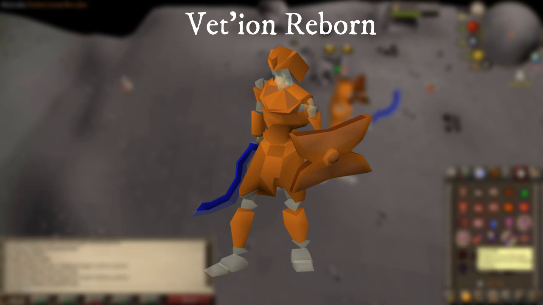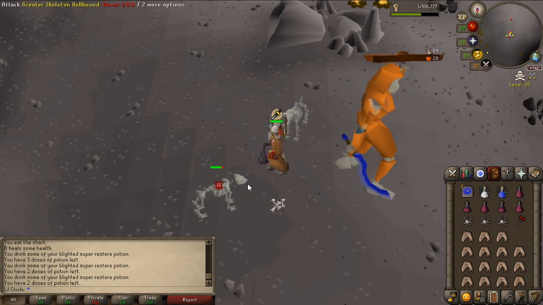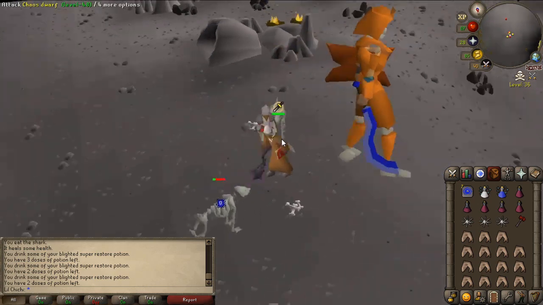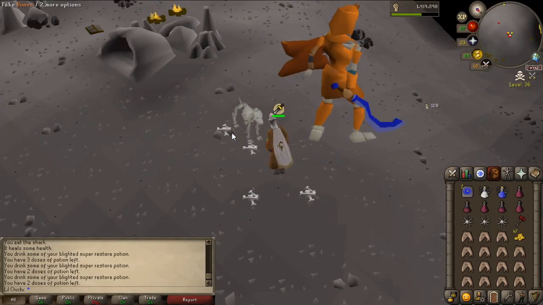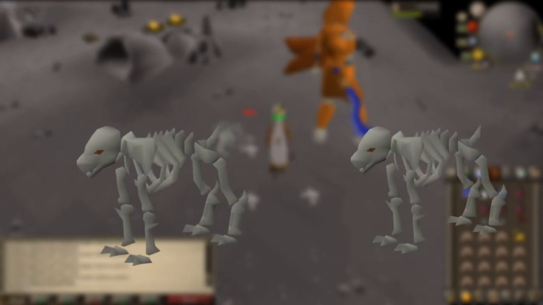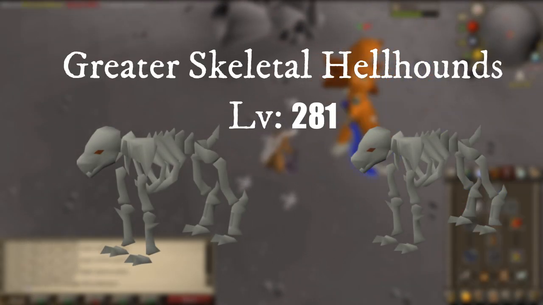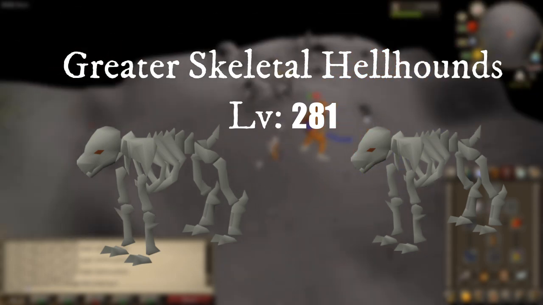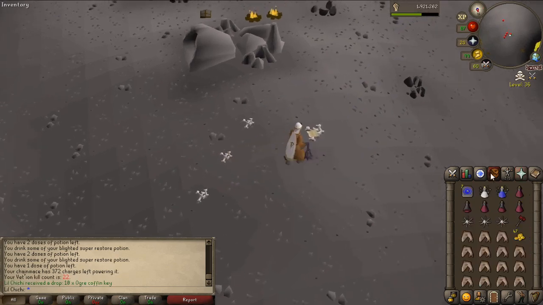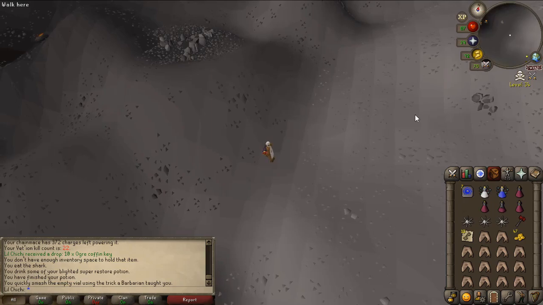With Vet'ion Reborn, there's no stat difference between the first and second form. He basically regenerates his HP from 0 all the way back up to 255. You pretty much have to repeat the kill all over again. Bring him down to about half of his HP, and then he's going to summon 2 more dogs. These next 2 dogs he summons are going to be level 281 greater skeletal hellhounds, so these ones will be a little bit stronger than the first form, and you have to kill them before you can continue on to the kill. Once you kill Vet'ion in its second form and bring him down to 0 HP,